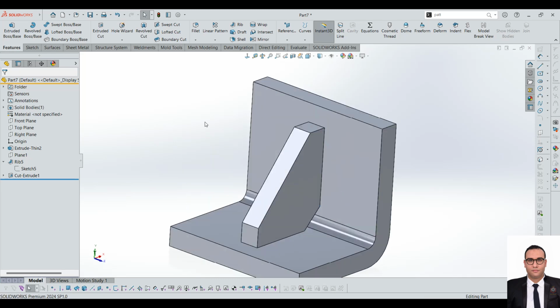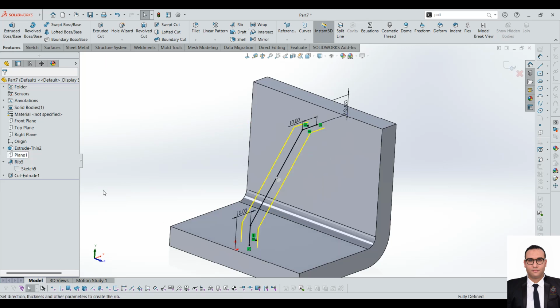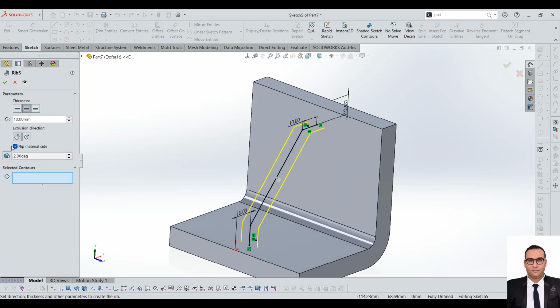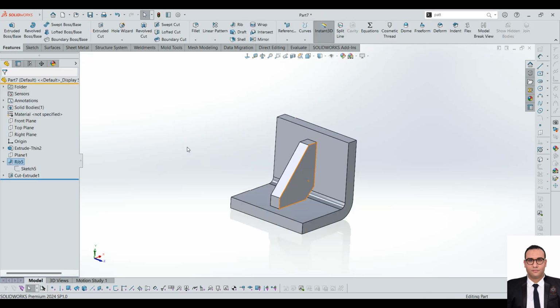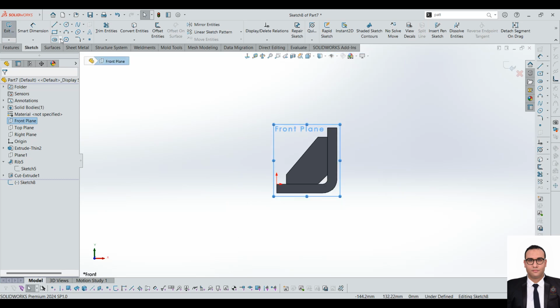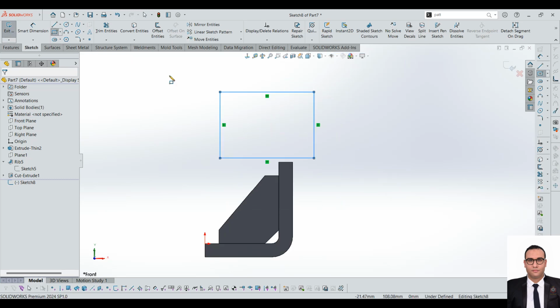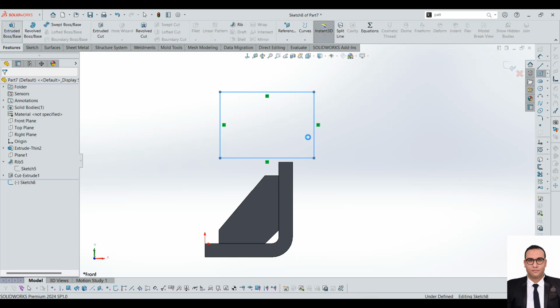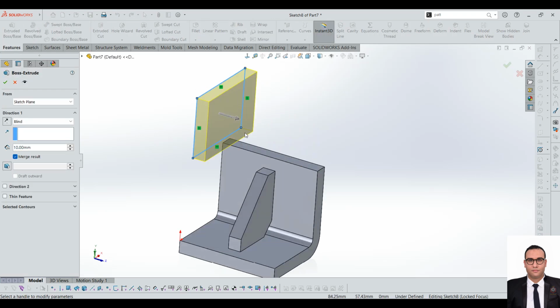So now we are going to pass to the draft. Since there is nothing more to explain here in the rib function, let's go to creating another simple form so we see the draft, how it works. Okay, extruded boss,